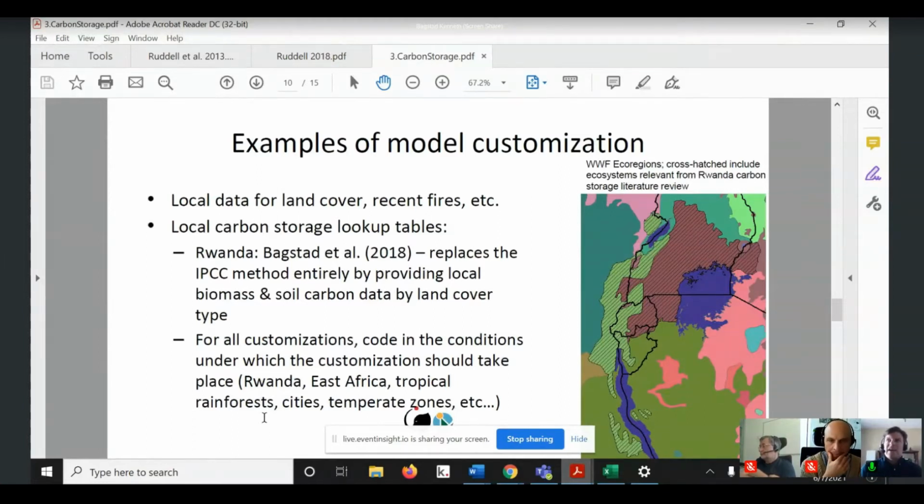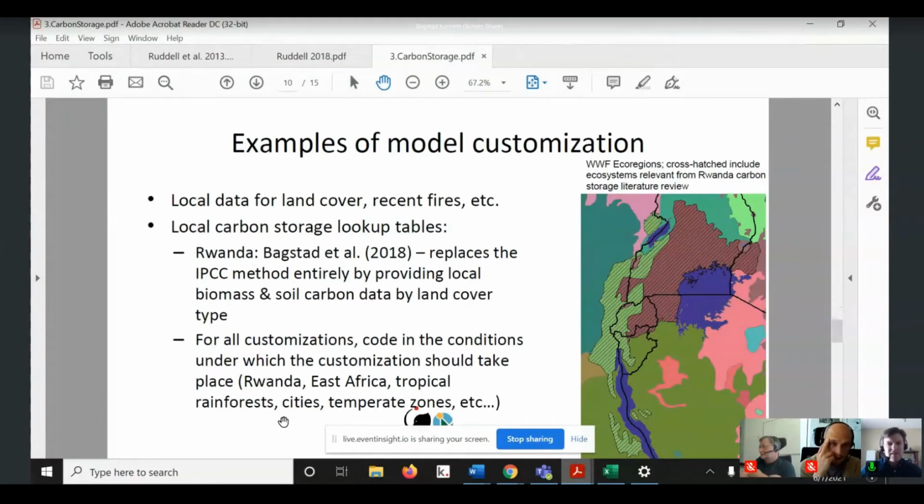And so the idea here is to get you thinking as scientists about, I'm not just taking my model and putting it in a data repository or a code repository. I'm also saying these are the conditions under which you should reuse my model. Is it good for Rwanda? Is it good for all of East Africa? Is it good for particular climate zones or in cities or agricultural systems, etc.?